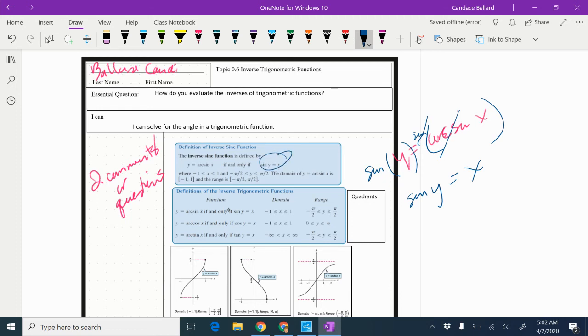But notice x is restricted to -1 to 1, and for the y value, it's restricted from -π/2 to π/2. So that means that I'm counting from -π/2 all the way to π/2. And the reason they're doing this is because if we were at 3π/2, it wouldn't make sense to count 3π/2, 5π/3, and so on to get to π/2. It makes more sense to count from -π/2,